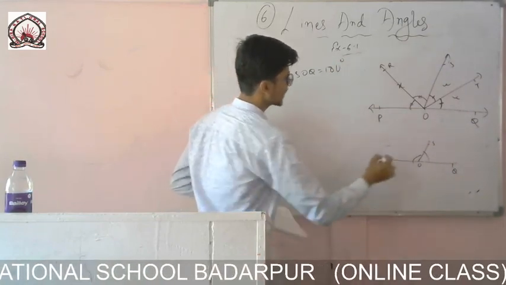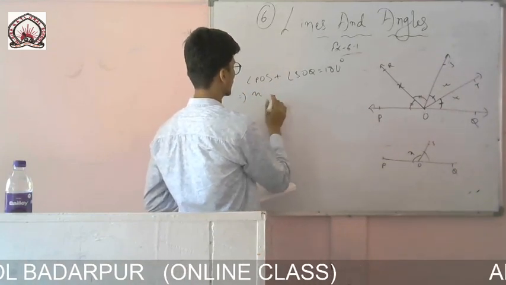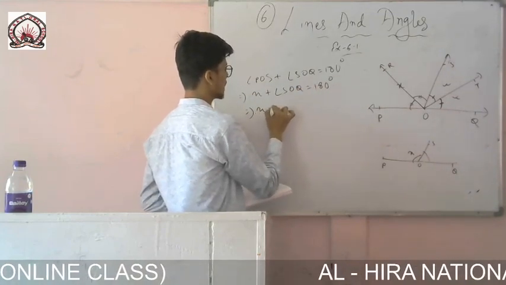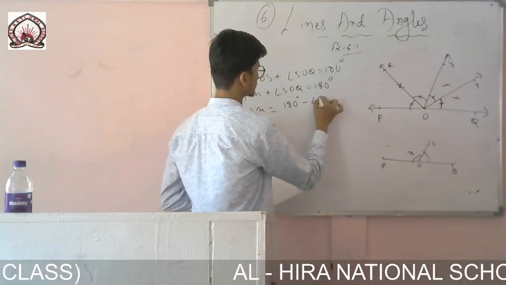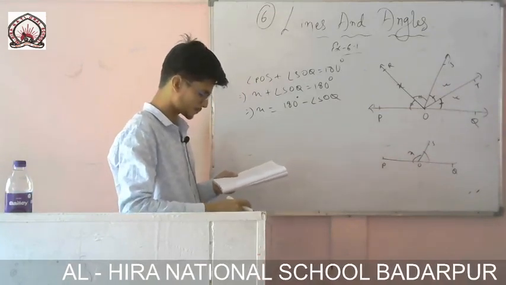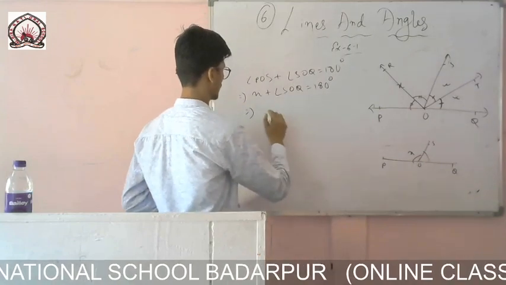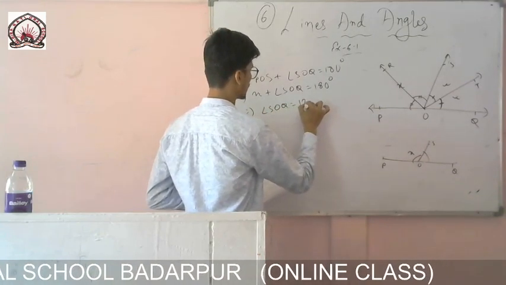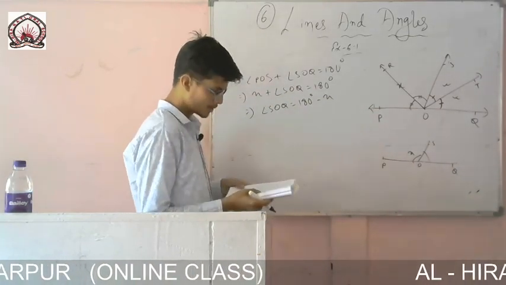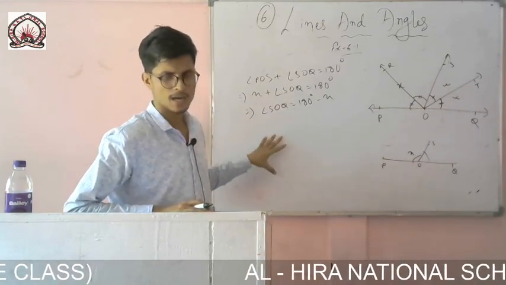So POS measure, it is given X. So that means X plus SOQ is equals to 180 degree. So if I want, I can write X will be equals to 180 minus angle SOQ. Oh, sorry, you take X to this side, it will be good. So SOQ will be equals to 180 minus X. Okay, so this is 1. Now you see the first part, it is done up to this much. I have done it very nicely. You see here, it is there in your book also.